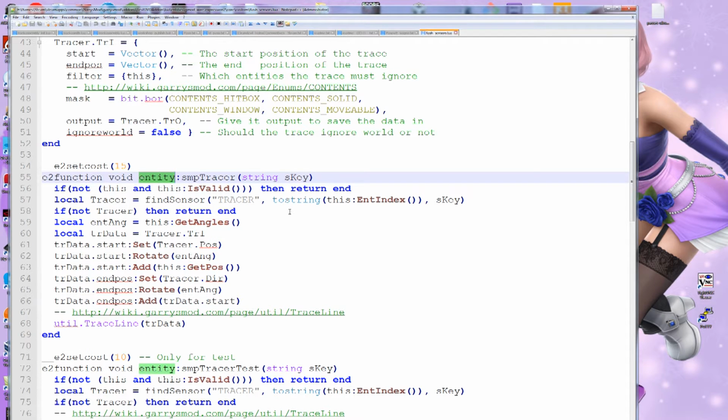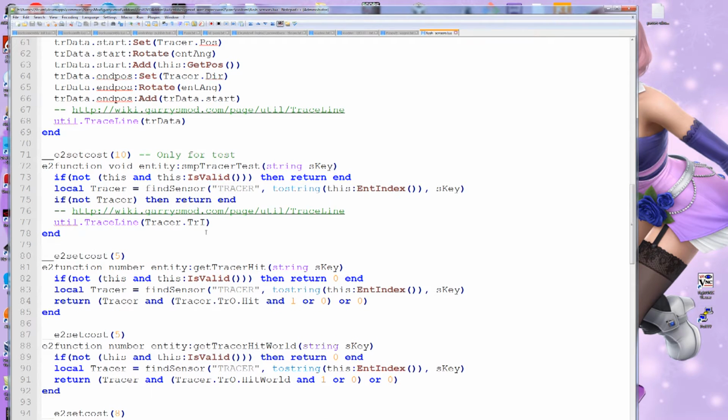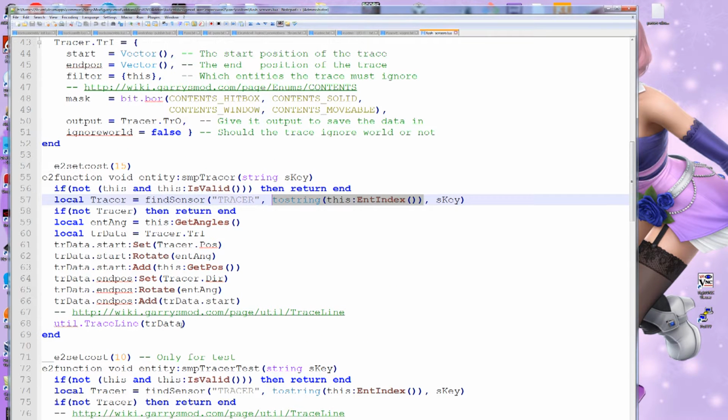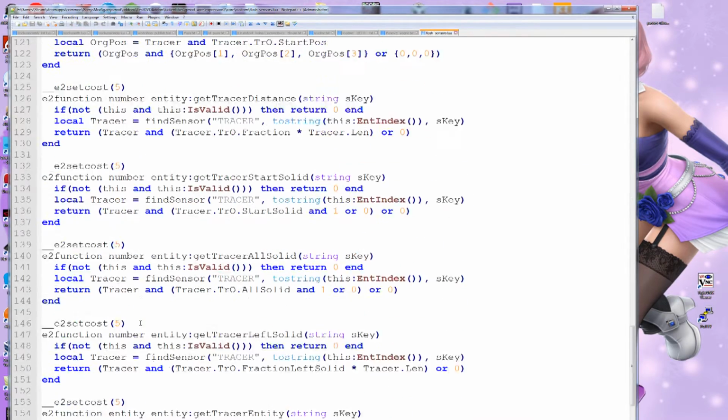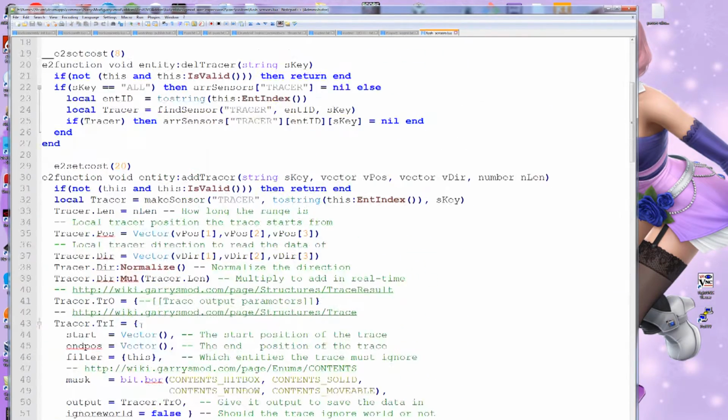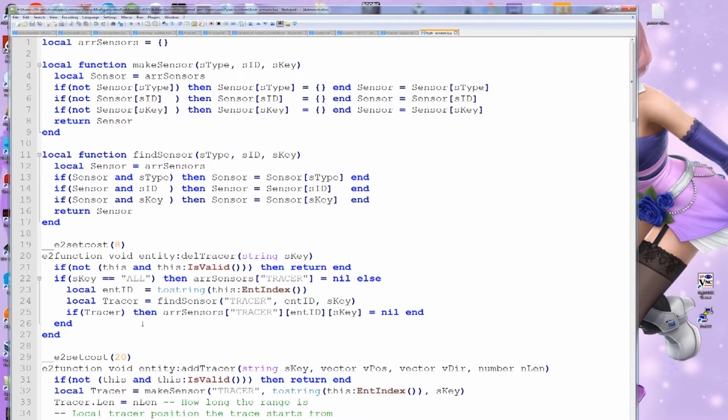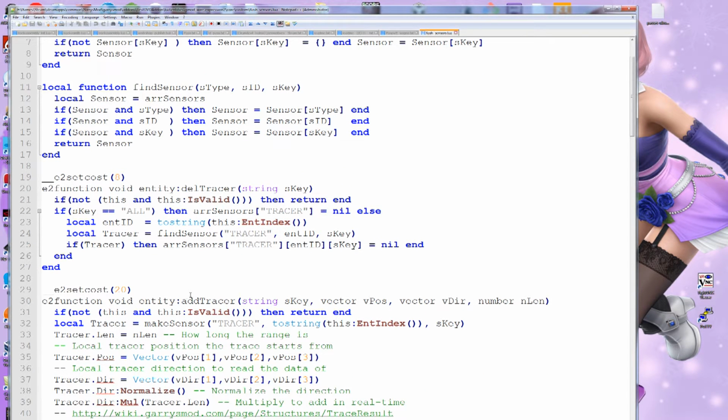I'm using here entity index key, so in one entity you can have as many sensors as you want to, and then I sample the thing and I can get any data I want. This thing is actually 30% faster than